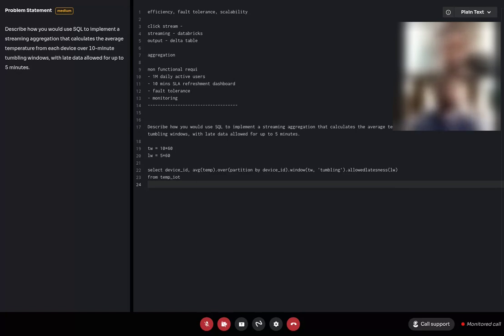Next section is data partitioning. So partitioning in Databricks, or in general also. Suppose you are working with a large e-commerce transaction dataset, which is present in Databricks. Can you explain how you would use range partitioning, composite partitioning, or bucketing to optimize both read and write, what the trade-offs are, and how you would decide which one to use? Let me know if you want me to repeat the question. No, I'm good. Thank you.